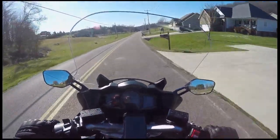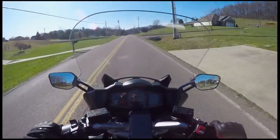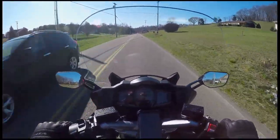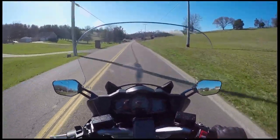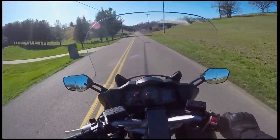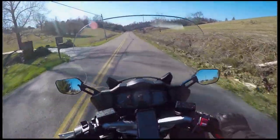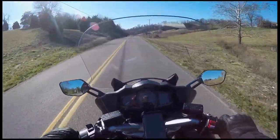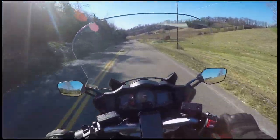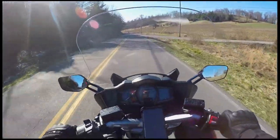Yes, you do have to put some more body English into it to make it move. It doesn't really like a quick change of direction, but for the average sweeper, on something other than a super tight back road like the Dragon or something that all of us know, real tight, real short corners for lightweight sweepers, it doesn't really matter. And if you're buying this type of bike anyway,